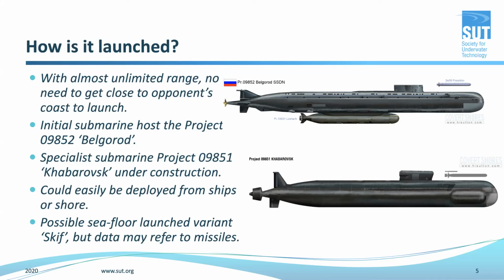We have seen speculation that there's a seabed launched variant, so you would have a containerized launch module that would sit down there on the seabed. We know the Russians have done this before with missiles. So it could be that we're getting duff data, and that the so-called seafloor launched variant might actually be a bit of a red herring, and what's really happening is a missile launching mode. But nonetheless, it's possible that seabed-based launch pods or silos could be an option for Poseidon, which does again